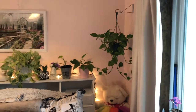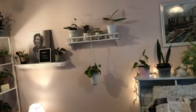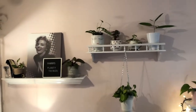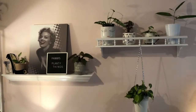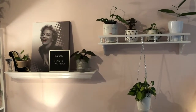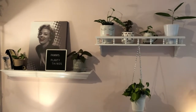Okay, so then you pan over. Focus, there we go. So then you pan over to this area. And these shelves I found at Goodwill, and they were like $2 each. And I spray painted them glossy white, and I thought it would go great in my room. So we start up on this shelf,